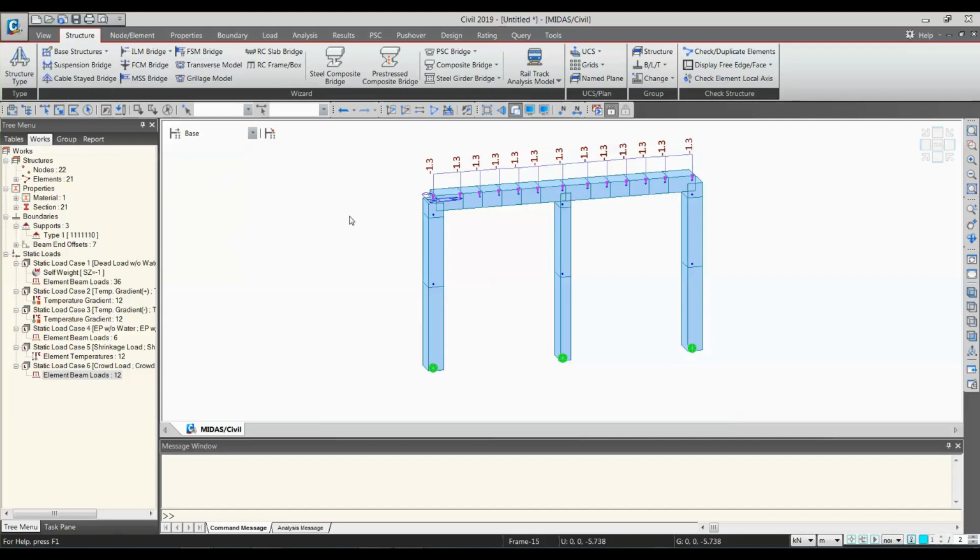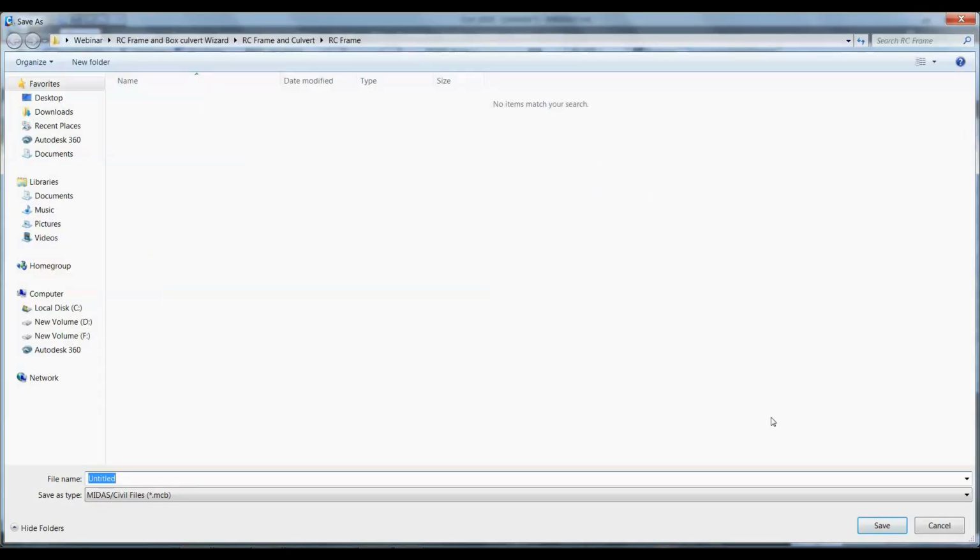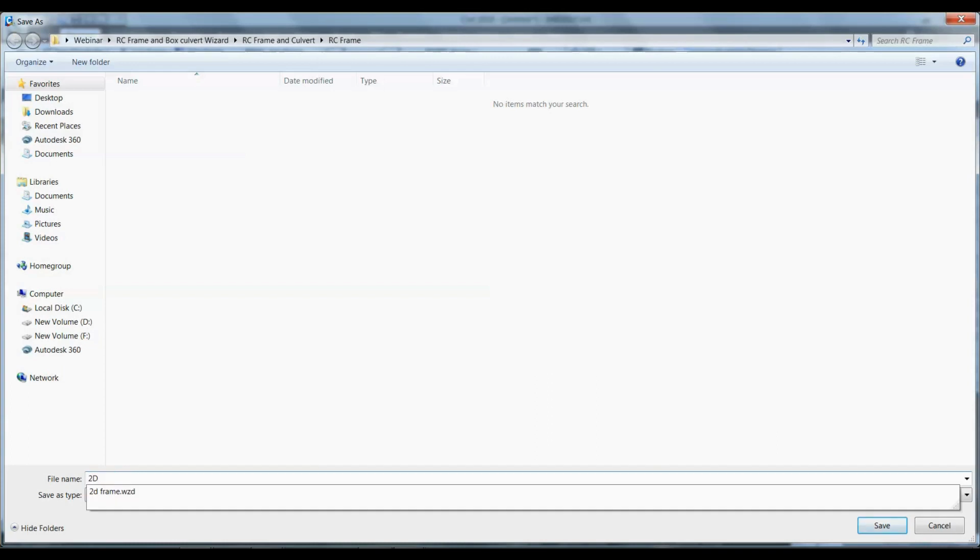Okay, right now we won't apply moving load and any other load. Mainly moving load we are dealing with right now. We will see the same moving load and other applications of loads in the box culvert. Otherwise it will be a repetitive procedure. Okay, so let me just analyze the file and show you the result. And I'll just save the file as 2D frame.